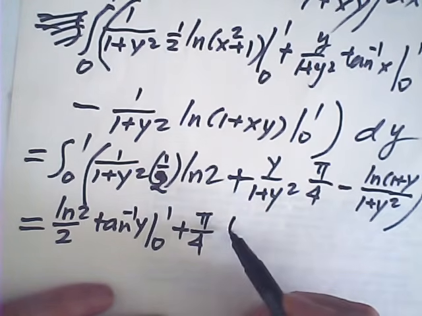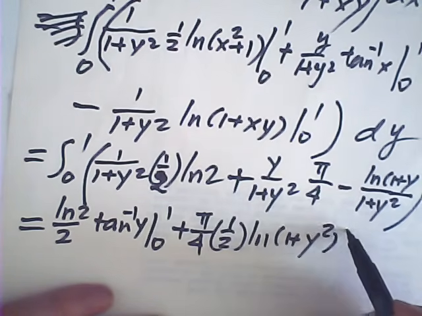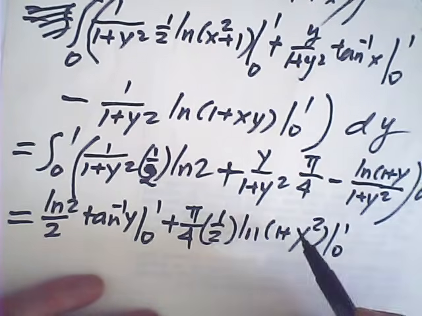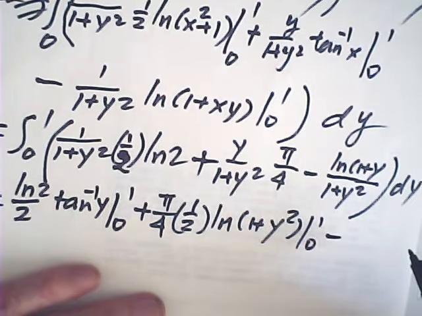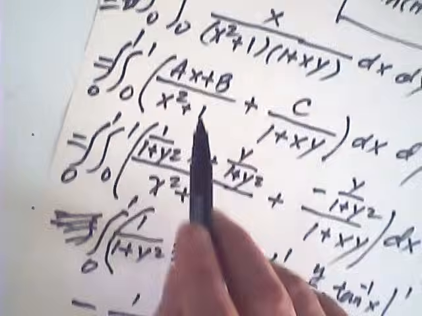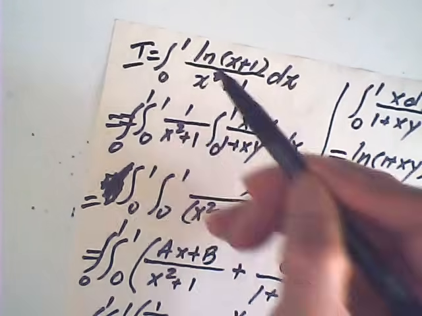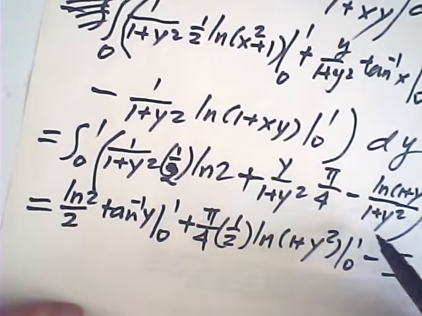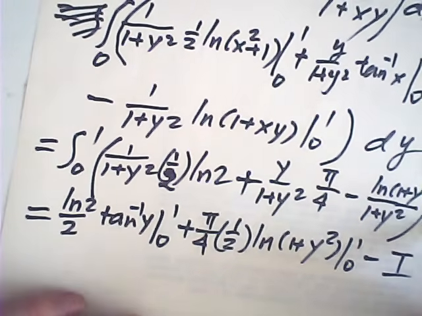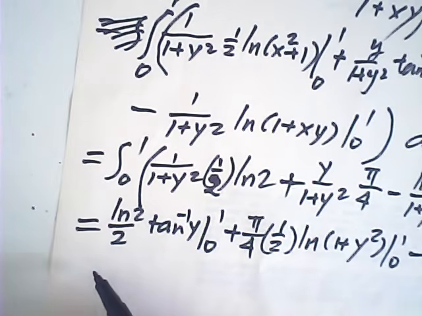And this integral is 1/2 log of 1 plus y squared, from 0 to 1. Minus this integral, which is the same as my target integral I. This integral with respect to y is the same as this integral with respect to x. They are the same integral. So